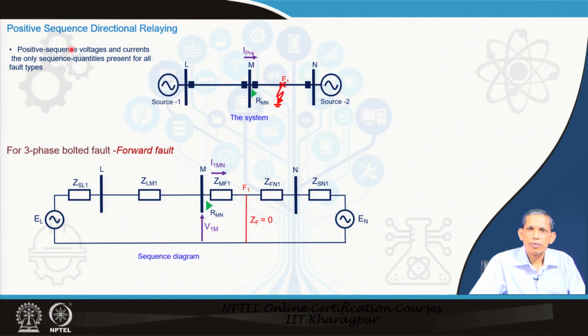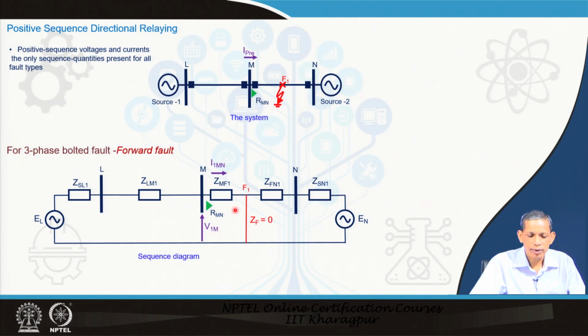Now, we will see, based on that positive sequence equivalent diagram, how you can exploit the directional principle. Note that before going to the principle, the positive sequence components are available for all types of fault, that is its strength. So, let us consider a fault in the forward direction F1, the solid fault. This is a 3-phase bolted fault, then the positive sequence diagram and the corresponding ZF becomes equal to 0 here, because this is a bolted fault, and this F1 is the forward fault in this case.